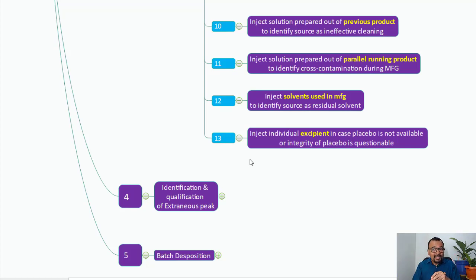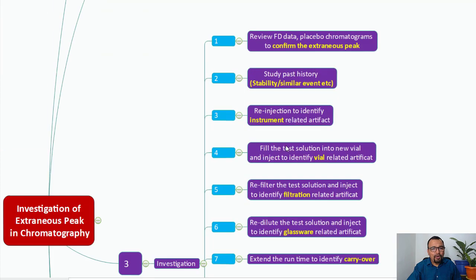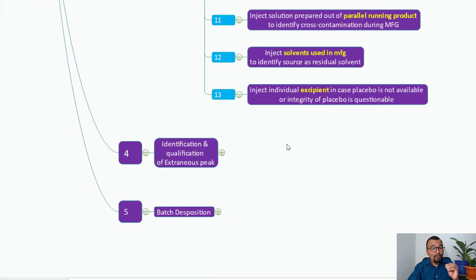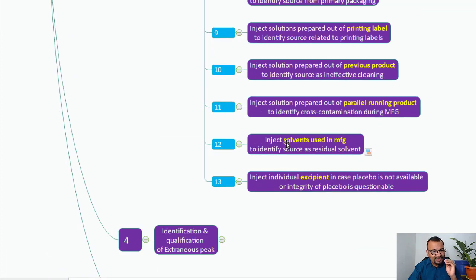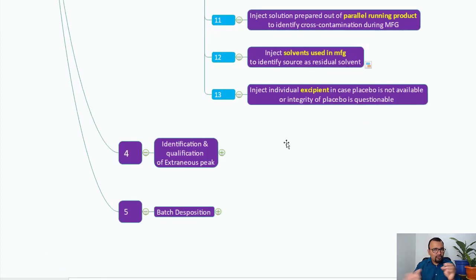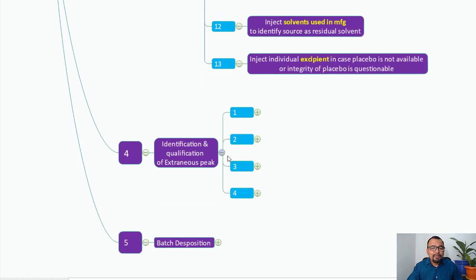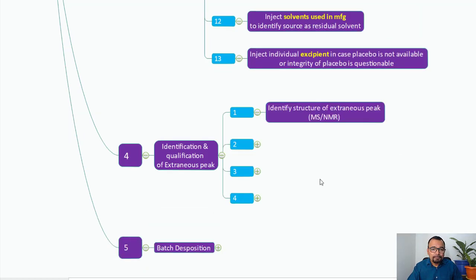So understand whether all the excipients used in the manufacturing of the finished product are the reason for the extraneous peak. So I think these 13 different points are going to help you understand the root cause behind the extraneous peak observed. So once you identify the extraneous peak's origin, the next important step can be the identification of